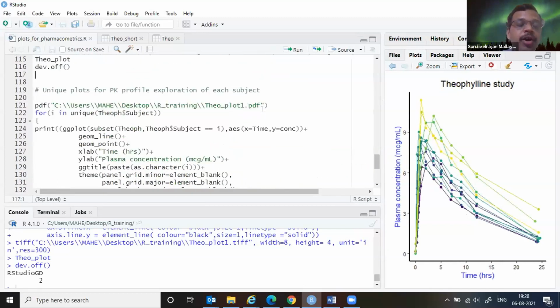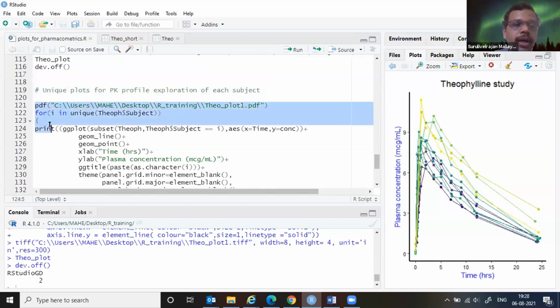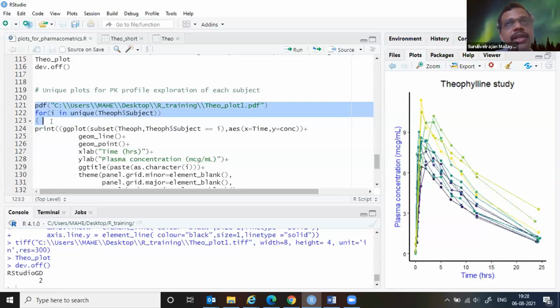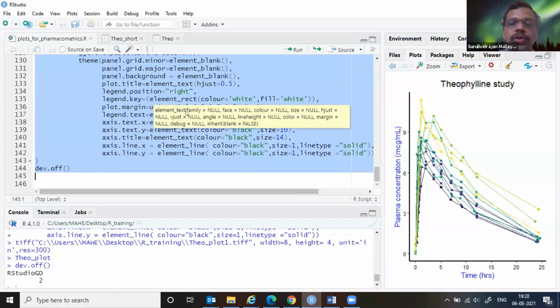And it's not going to create a plot here. Rather, I have so many plots, so I will store it somewhere in a PDF format. Because TIFF also, if you do, it's going to take time, so let me do with PDF files. So I'm going to create a PDF file for every unique individual in that particular column. And for that, I have to take a main data set, subset, and do the entire operations 12 times repeatedly and get these particular plots. Okay, that's what is happening in this. Otherwise, every other code, you're comfortable now.